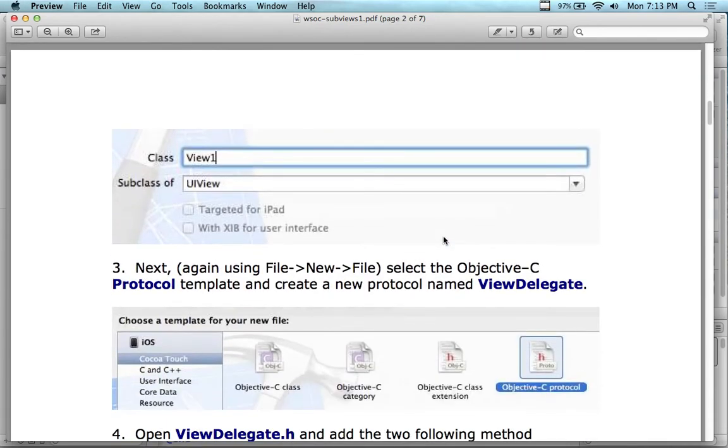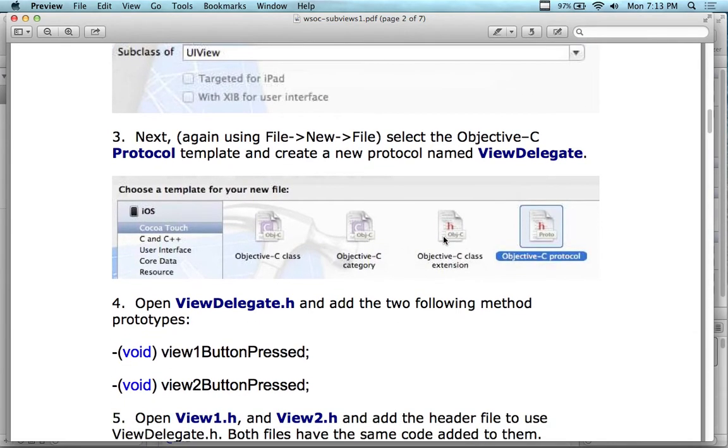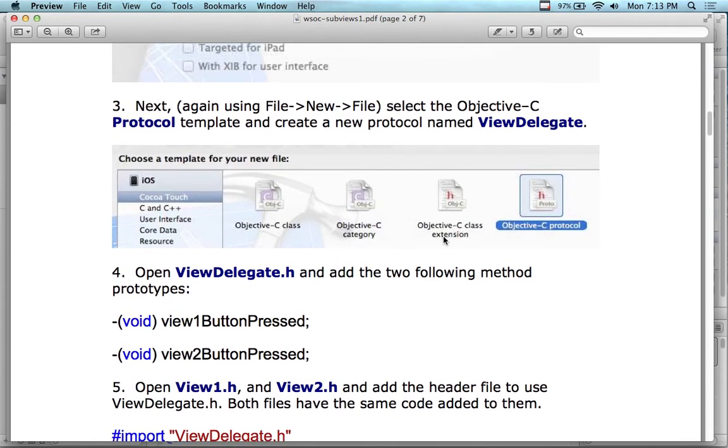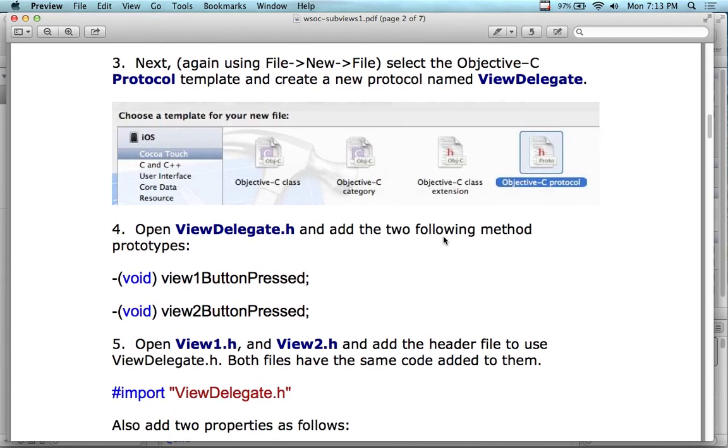Okay, so next. Again, we're going to use File, New, and we're going to create a protocol, because we're going to include the protocol. So what is a protocol, as we mentioned before? It's similar to an interface. It creates a class that's going to have a bunch of methods in it, templates, interfaces that we're going to essentially implement inside of our view. If our views both abide by the same protocol, then they have the same methods in them, we can treat them the same way, interchangeably, and we can use them as a generic view no matter how many views